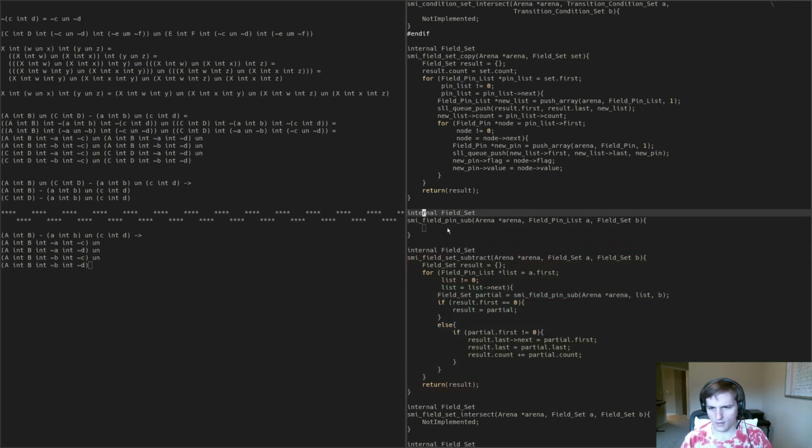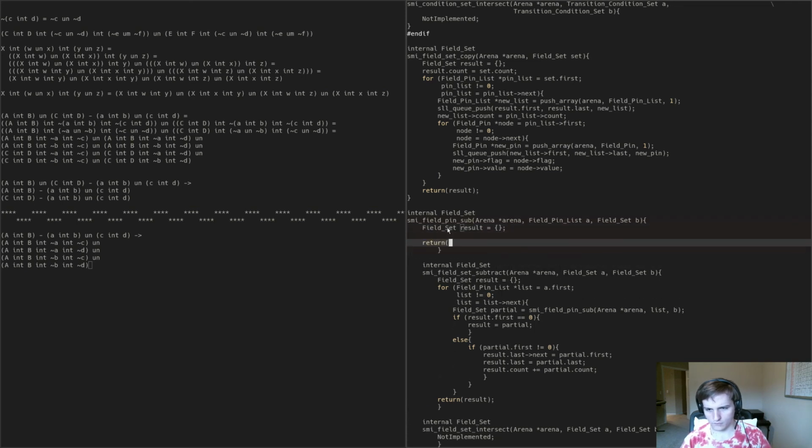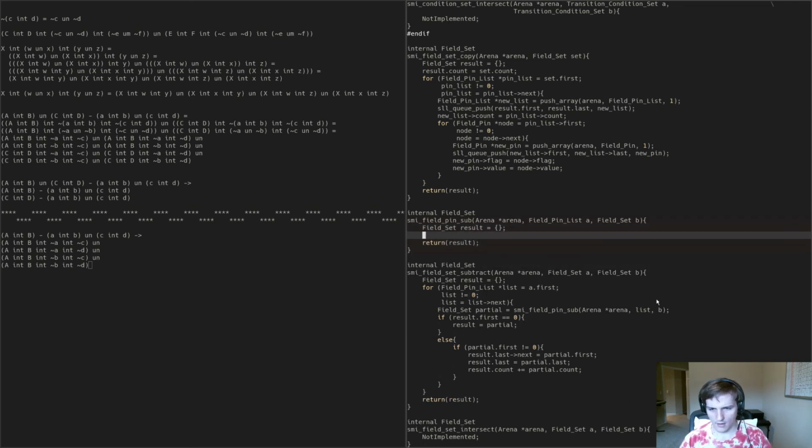And then the result that we're building, and then a recursive version. So I need to pass the result pointer around through the system, and I need to take